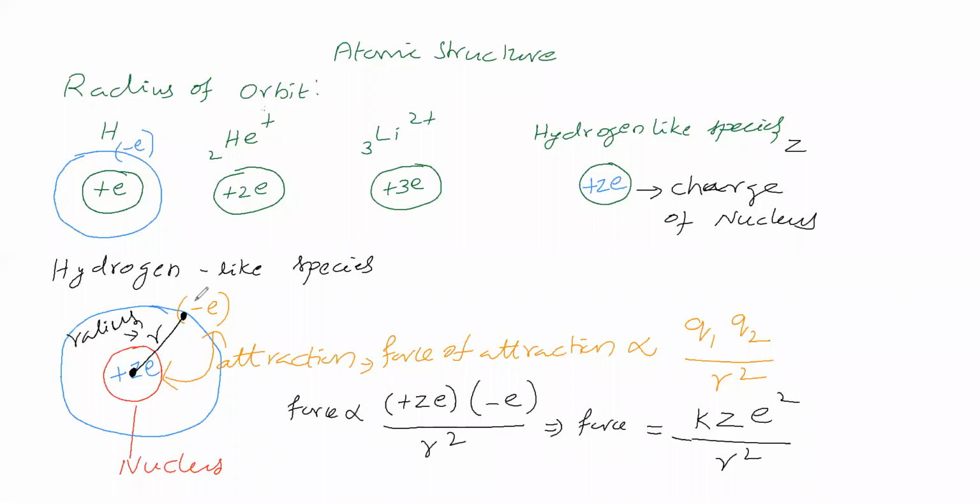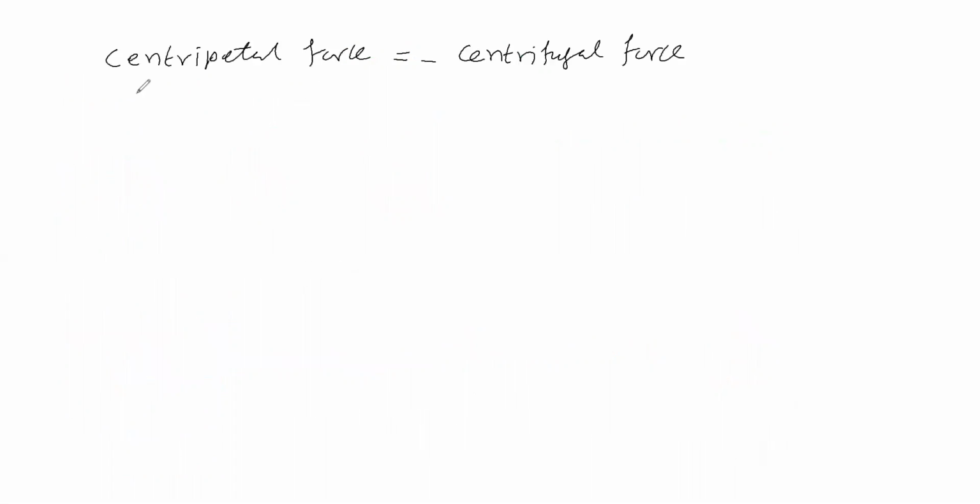Now you say, centripetal force of this electron is equal to minus k z e square by r square, shall we say, or we should not? What do you say regarding this, sir? So you are saying that minus k z e square, that means you are saying the value of centrifugal force as well as centripetal force, that centripetal force is this much magnitude. So centripetal force is equal to the force of attraction between nucleus and electron.